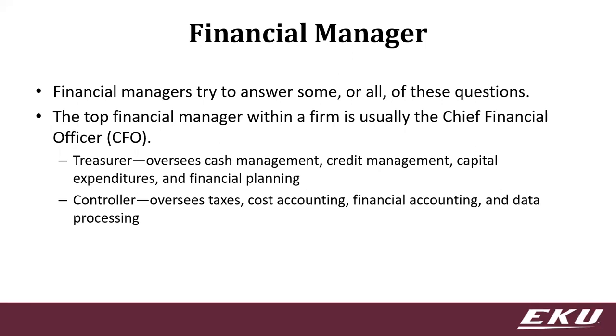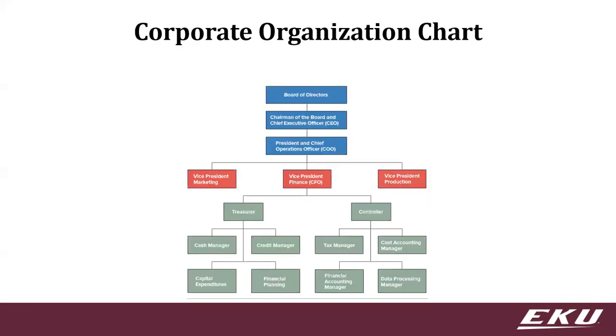And so financial managers, I'll actually go ahead and skip to an org chart to show you. So normally we talk about the chief financial officer a lot, because that's where we work. And if you notice that the responsibilities under the CFO normally get broken between the treasurer and the comptroller. It's either trying to plan ahead to make sure the money will be there when we need it, or are we properly recording all of our transactions to ensure that all of our accounting records accurately reflect our business decisions.